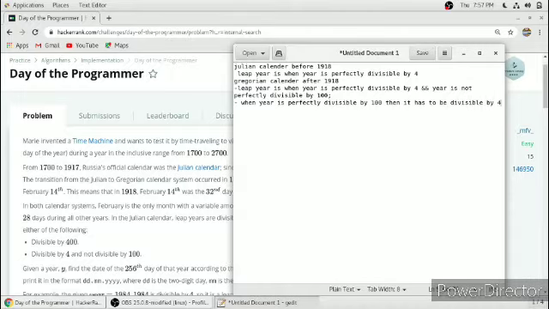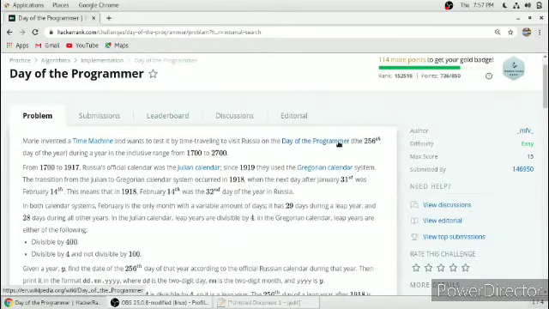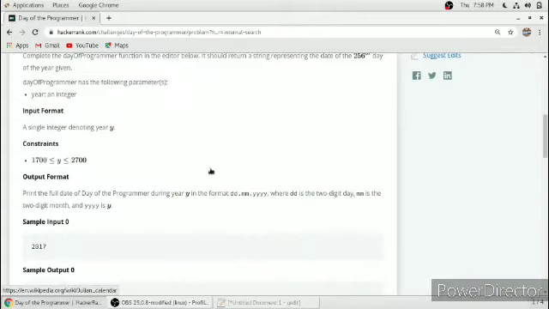So these are the two conditions when we have to consider the year as a leap year after 1918. We have to apply this in our logic and print the date. So we will use this and jump to the function.